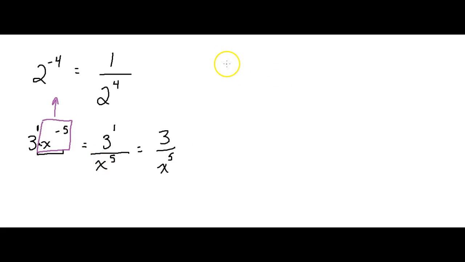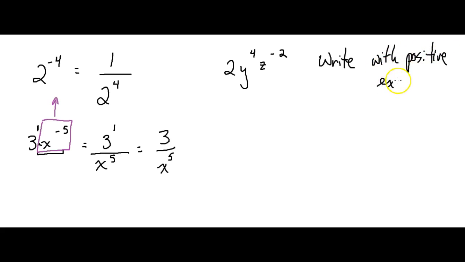Okay, one more big one. Let's look at 2y to the 4, z to the minus 2. Write with positive exponents only. All right, so have a look. 3 different factors. Got a product, multiplication, going on in between. So this is equal to 2 to the 1, that's a positive exponent, times y to the 4, that's a positive exponent,